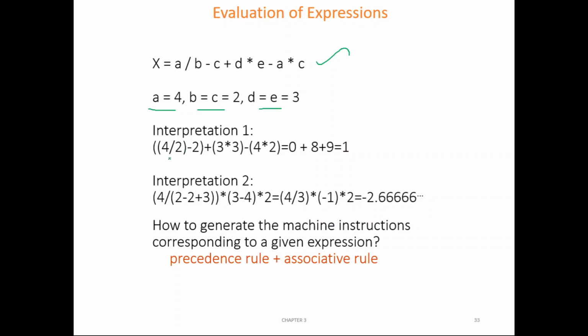There is one style of execution like this. First you do A by B, which is 4 by 2, then minus C, then plus D star E, which is 3 into 3, minus A star C, which is 4 into 2.